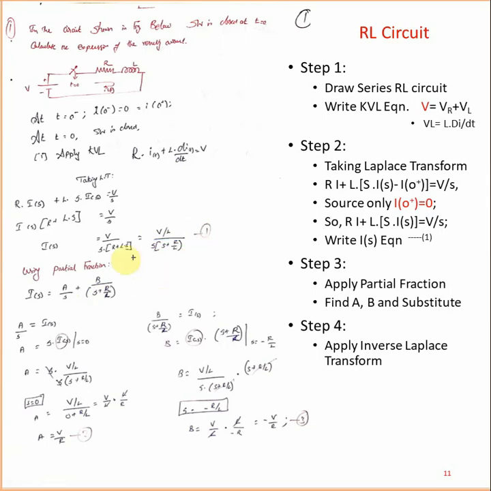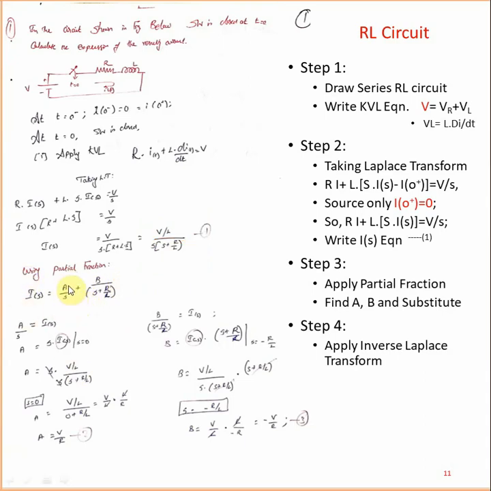What to do? First one, on the right hand side only, you want to take the target. Then second one, step number 2: in the denominator only is your target. What is in the denominator? How many terms are there? Two terms. The s term is one term and the bracket term is another term. Then A divided by the s term plus B divided by the bracket term you can write. That's all. Now you need to find out the A value and B value. How to find out the A value and B value?